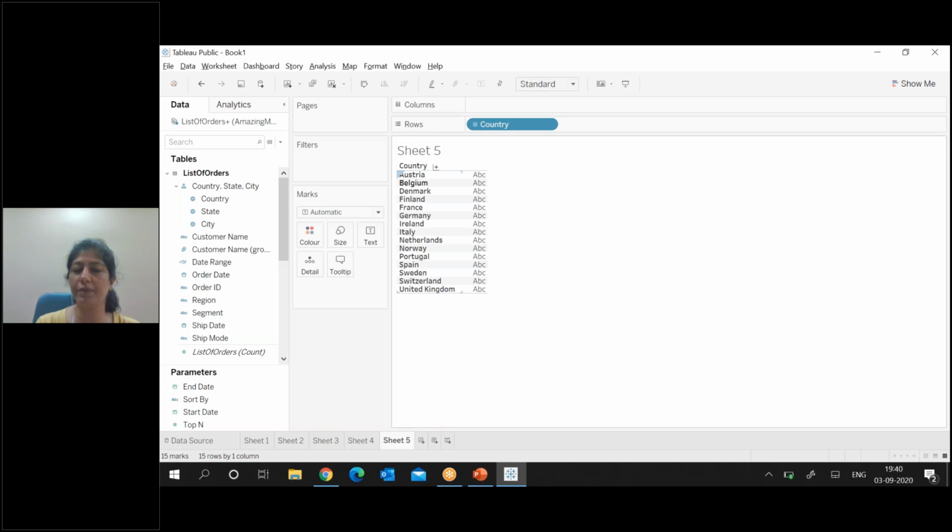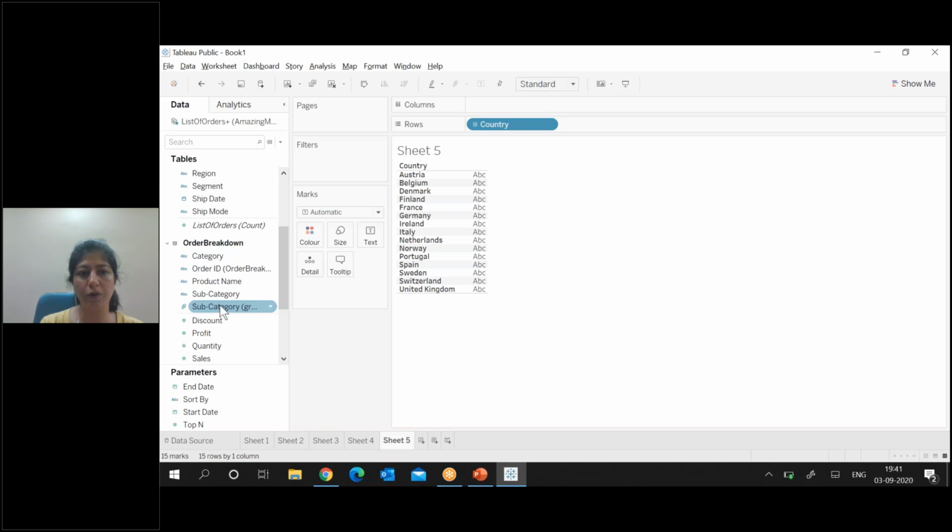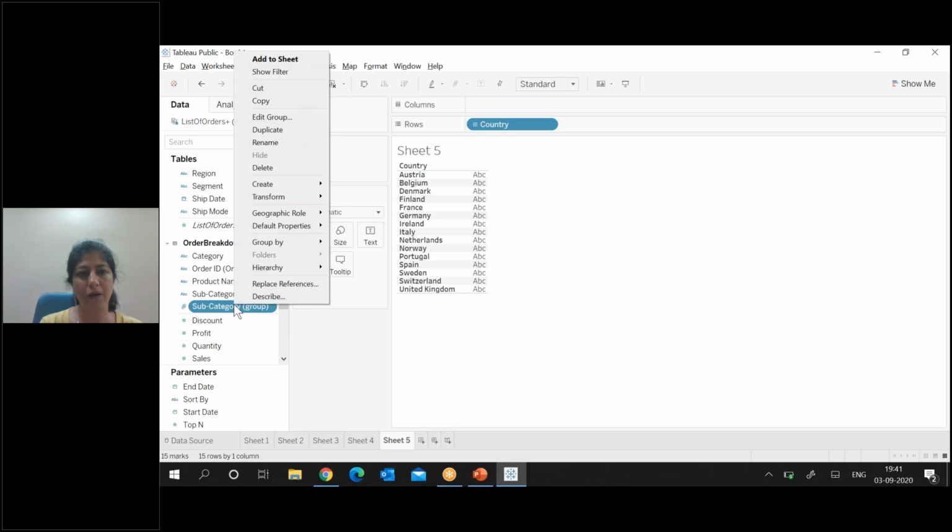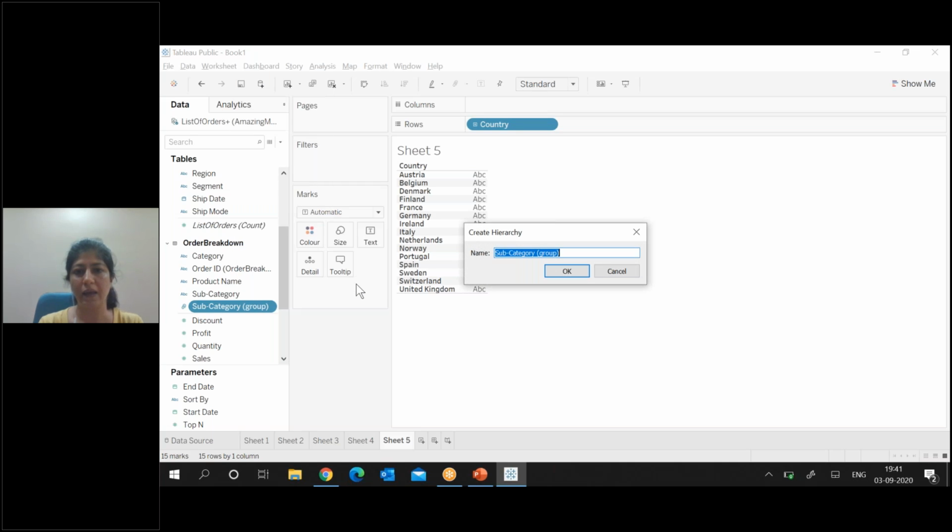Now, some hierarchies would be created by themselves, like this one is self-created, but how do you create hierarchies otherwise? In order to create a hierarchy, we go to subcategory group, click on it. At the bottom, you see hierarchy. There are two things it's going to ask you, add to hierarchy or create hierarchy. Okay. So add to hierarchy means if there's an existing hierarchy, you're adding on to it. We don't have an existing hierarchy, we want to create first. So we'll create hierarchy, and we're going to make it grouped subcategory